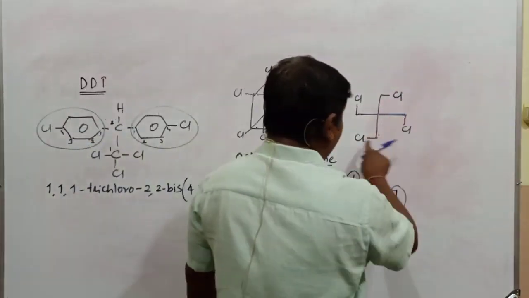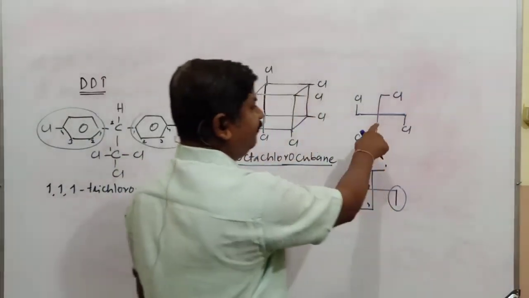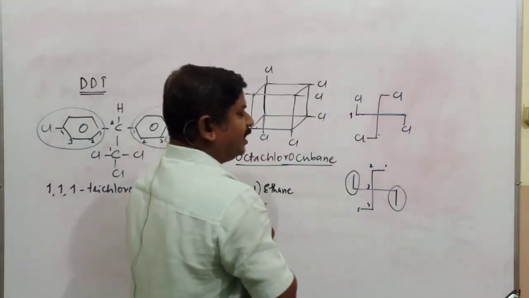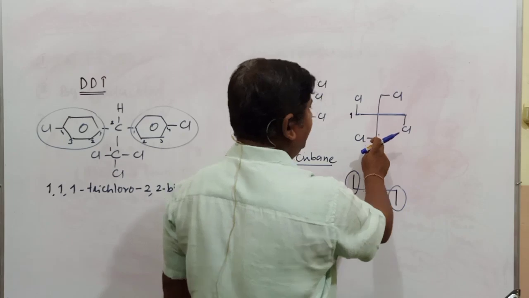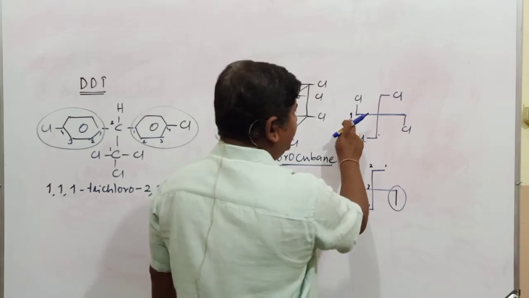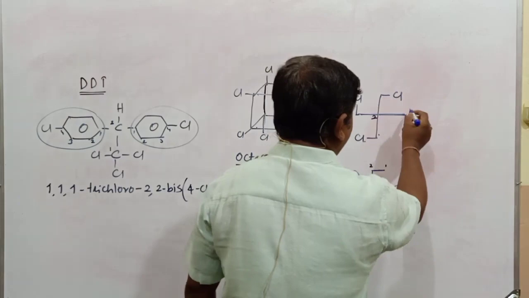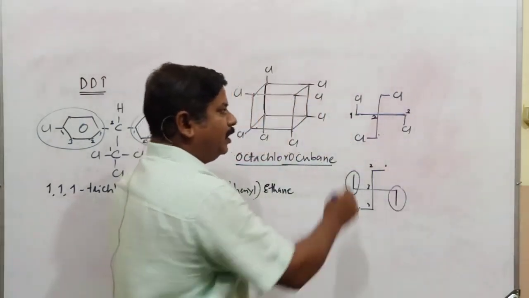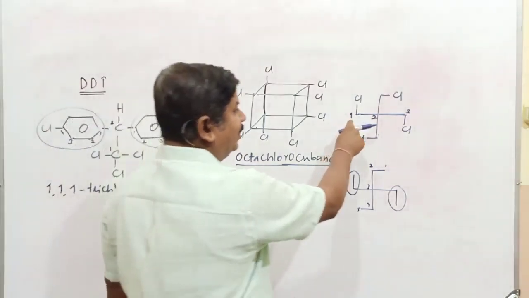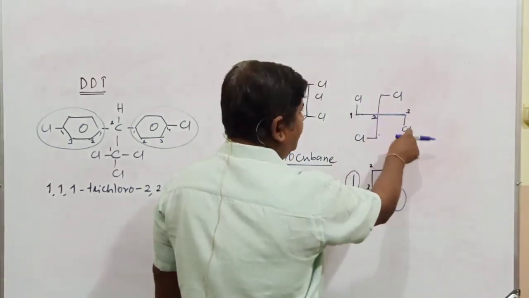But here at each corner there is a chlorine atom. So how do we write the IUPAC name of this compound? Here you can start the numbering at this carbon atom as number 1, or take number 1 here, or start with this one, or even with this carbon atom. If you consider this the first carbon atom, this should be the second one, and the third either this one or this one or this one, so I will go with this particular carbon atom. 1, 2, 3: totally 3 carbon atoms are present in the longest chain. When 3 carbon atoms are present in the longest chain, on the first carbon atom and the third carbon atom there is a chlorine atom.